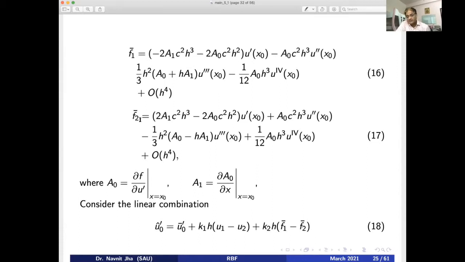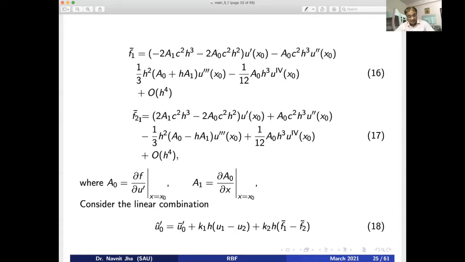Please note that the differential equation that I am considering now involves the derivative. This is the only derivative which is creating problem, and that is why we are depending on approximation. For u, we do not need approximation. U is already there, but for du by dx, we have to depend on a certain formula. One of the formulas is already known to you: limit h goes to 0, u of x plus h minus u of x by h. Well and good. Newton has given it, a beautiful formula, and we are using it.